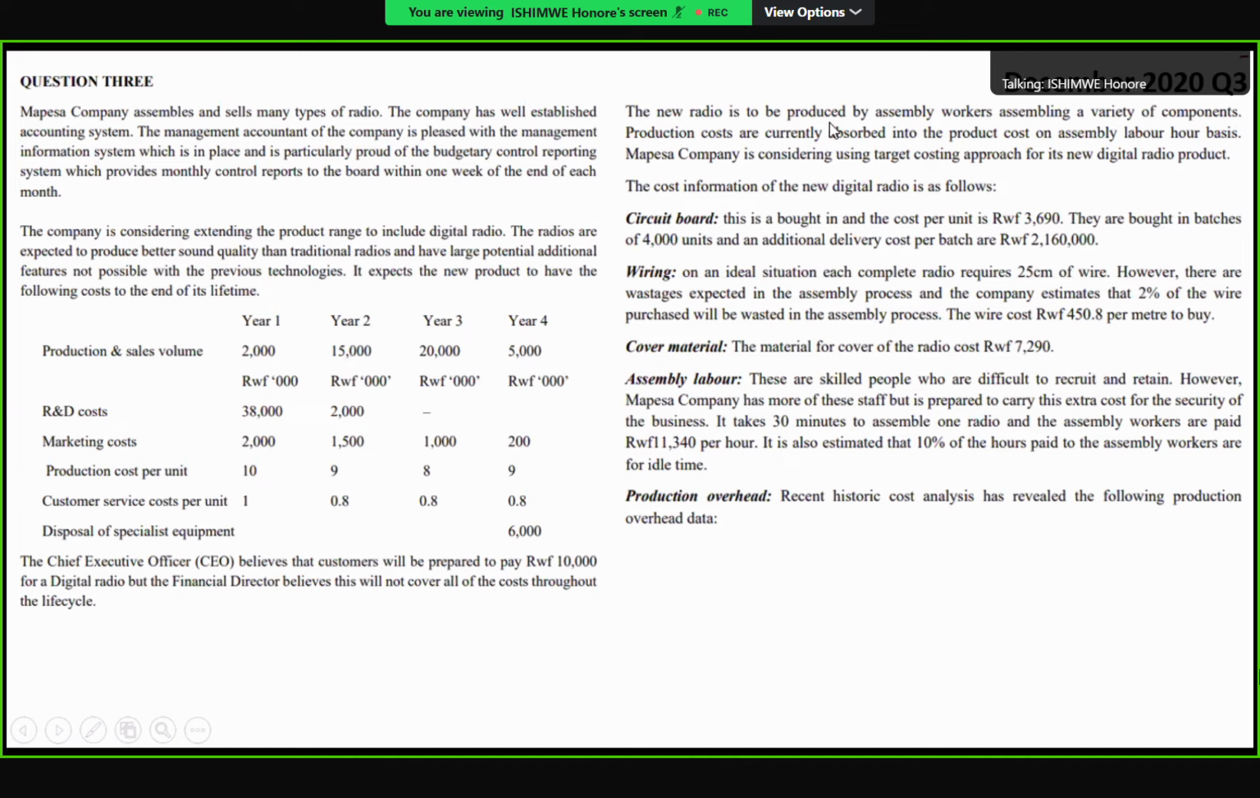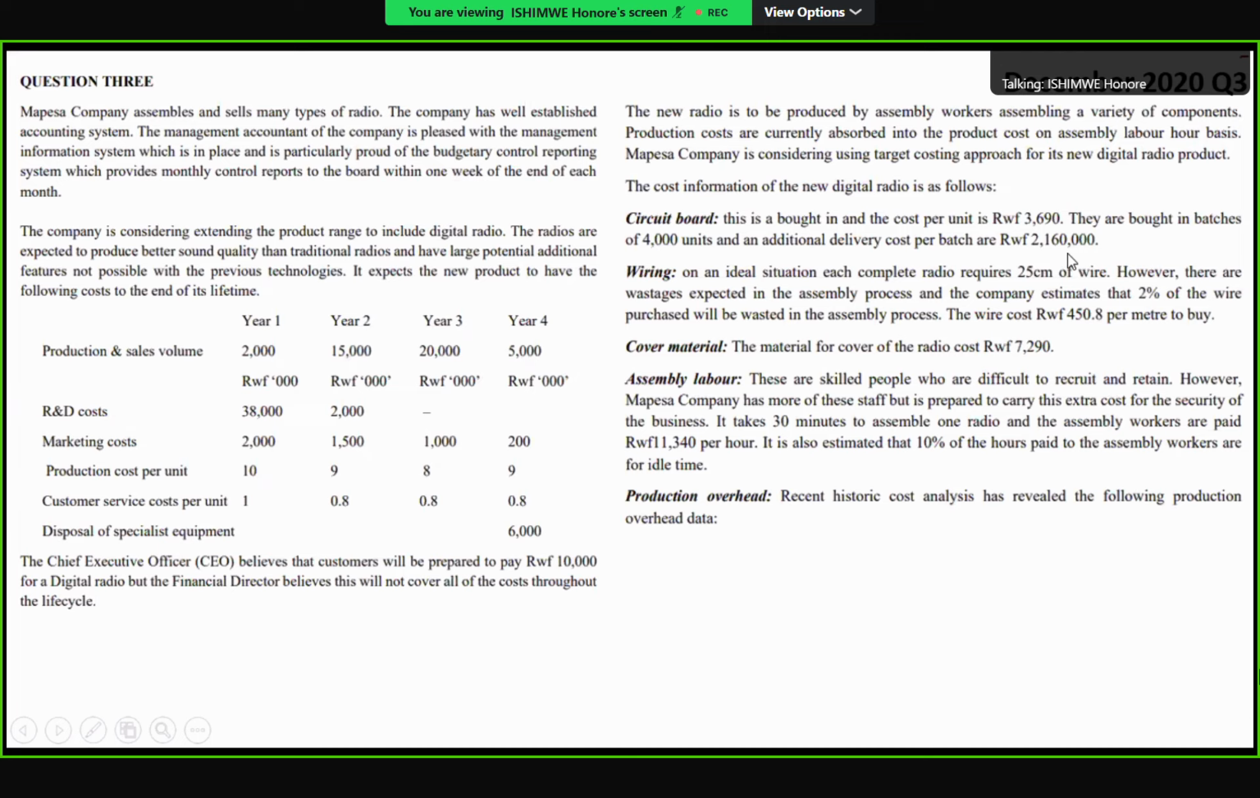The new radio is to be produced by assembly workers assembling a variety of components. Production costs are currently absorbed into the product cost on an assembly labor hour basis. Mapesa company is considering using a target costing approach for its new digital radio. The cost information of the new digital radio is as follows. Circuit board: this is bought, purchased in, and the cost per unit is 300,690. They are bought in batches of 4,000 units, and an additional delivery cost per batch is